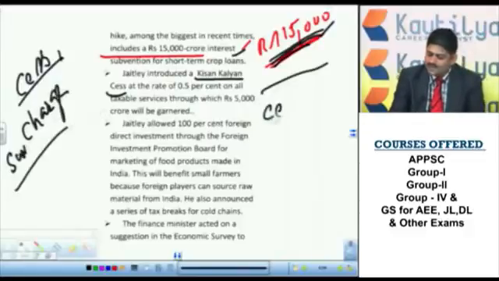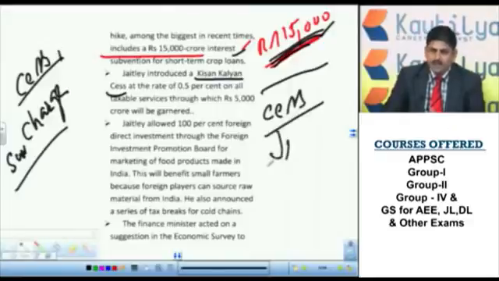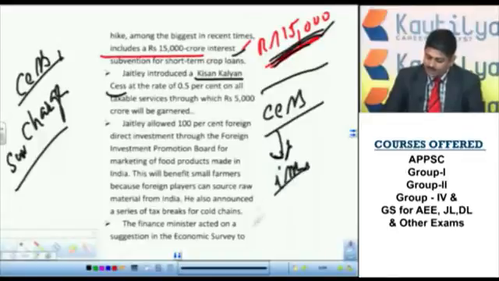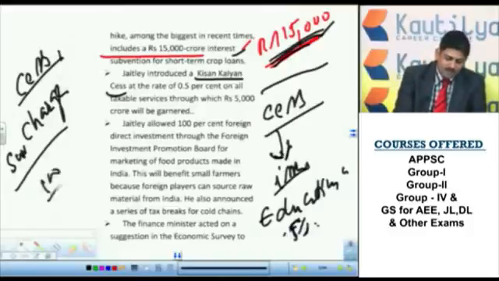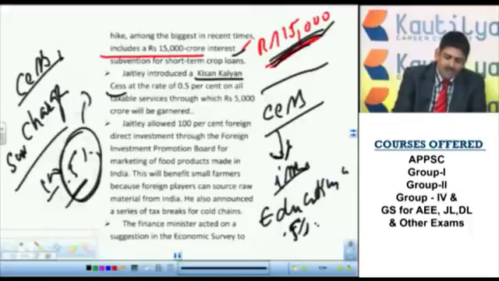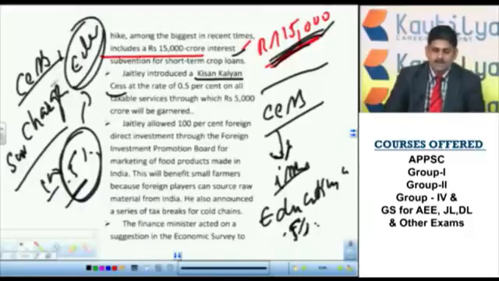So what is cess? Cess means it is levied for a particular issue. For example, if education cess is 0.5%, remember that for every 100 rupees, a 0.5% cess is levied. This 0.5% amount is used for the development of education. That means for a special, particular purpose, this amount is used. That is known as a cess.